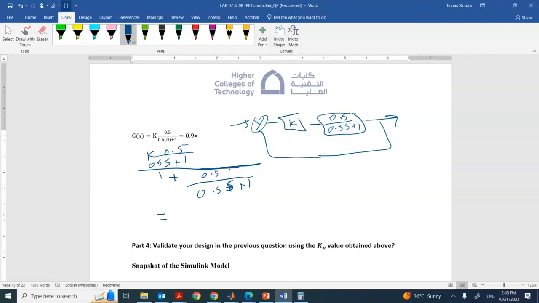Okay, and then this would be k times half divided by half s plus 1 divided by